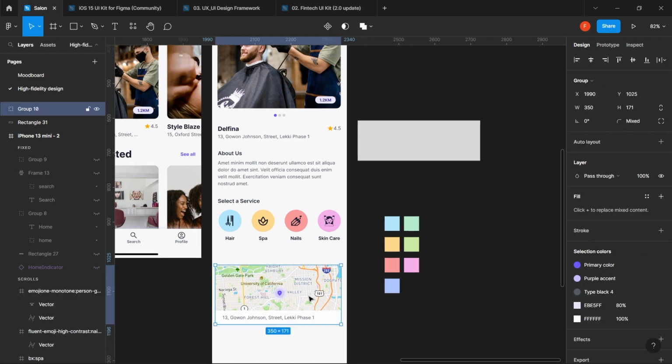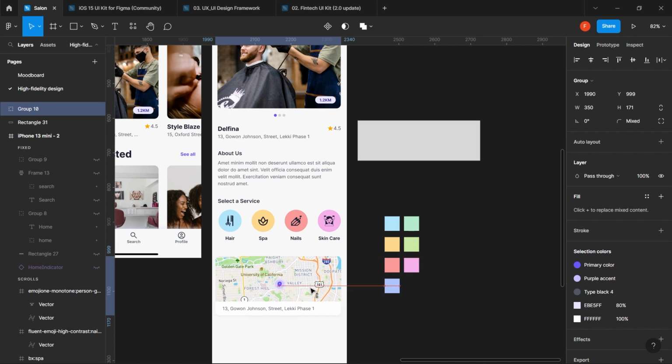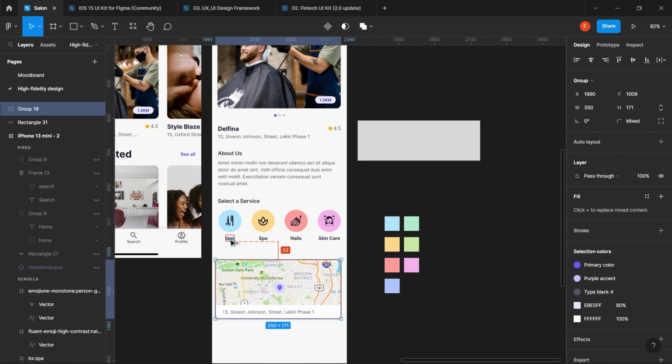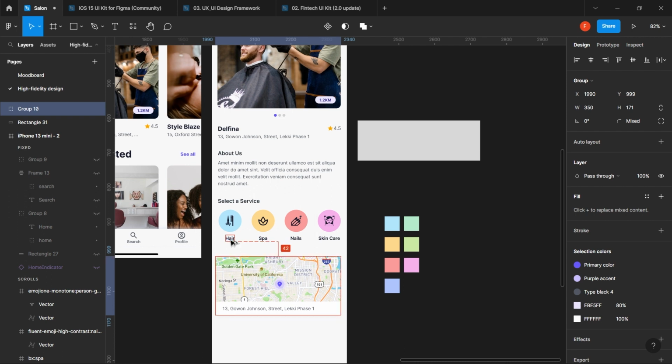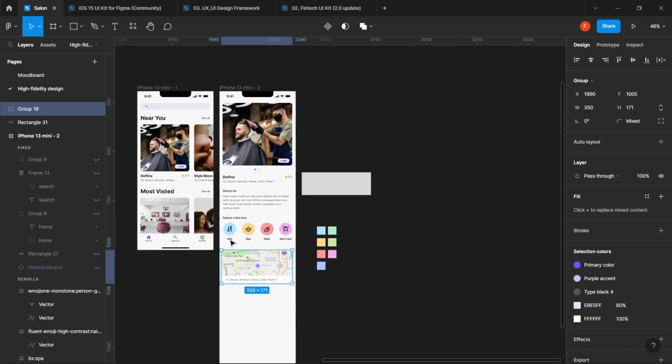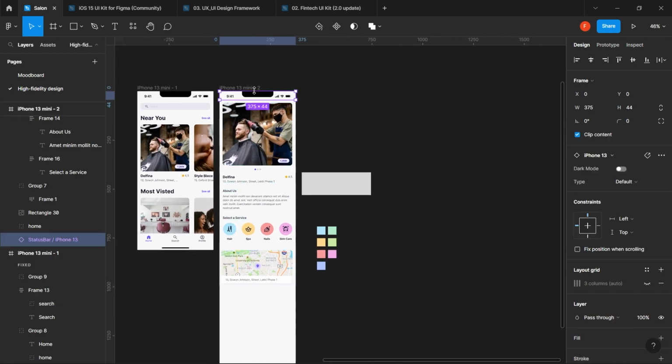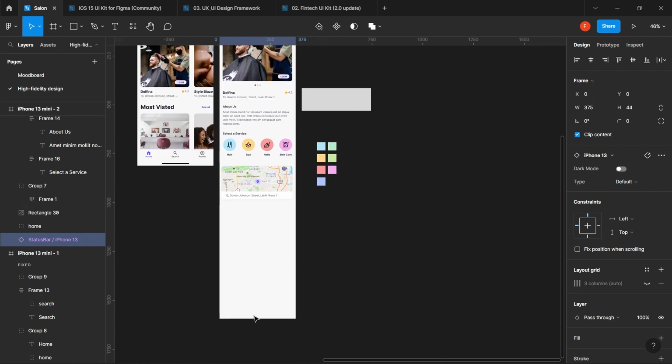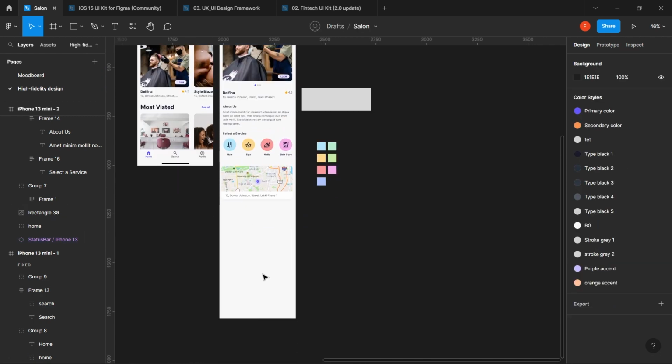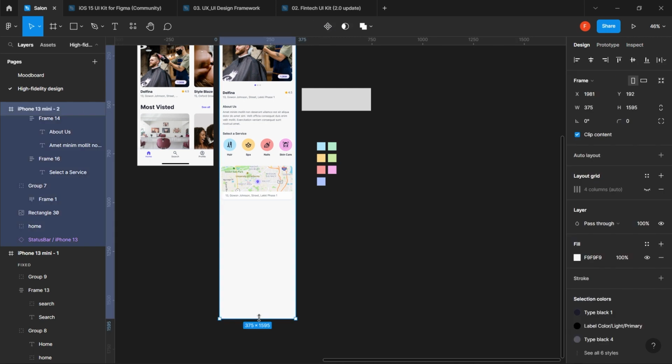I'll group everything, and then make sure it's just like 32 pixels away, or rather, because this is flat out, not that important, and then I'll just say 48. Let's make this 48. And then I'll just click on our frame, and then